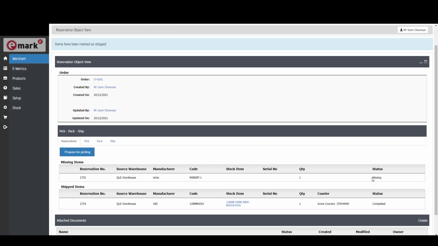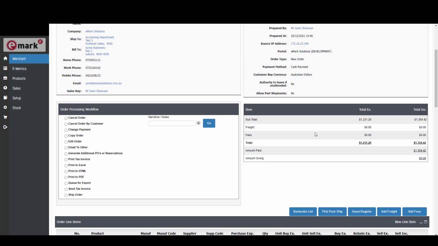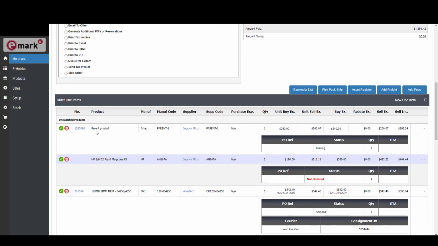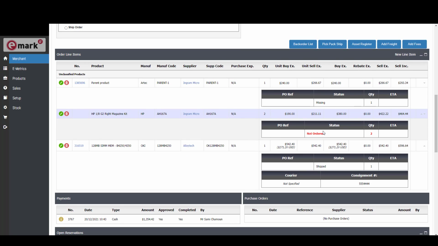We can see the two line items. The first one's still marked as missing, and the second one has been marked as completed. If we go into the sales order now, we can see that it's still pending shipment. The first line item here is marked as missing. The second one is for a purchase order which hasn't been ordered yet, and then the third one has been